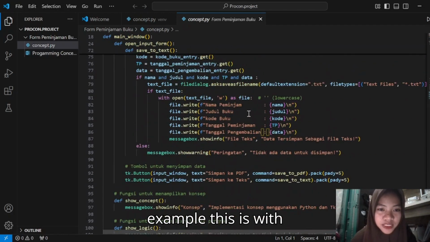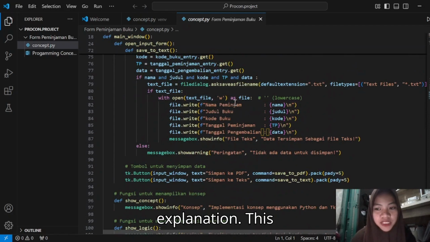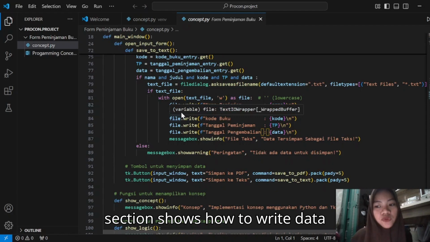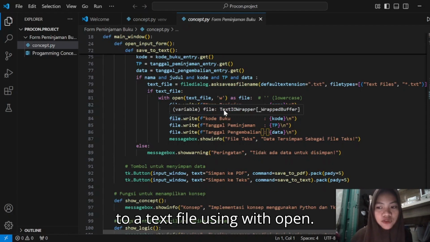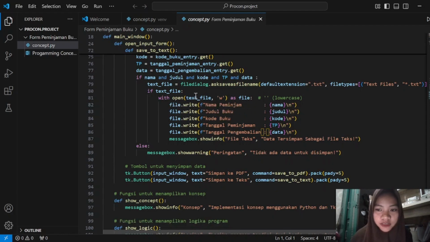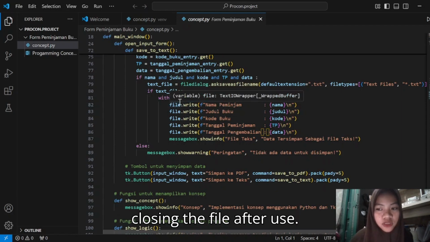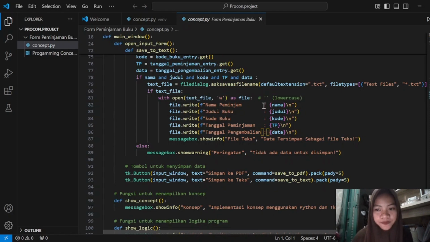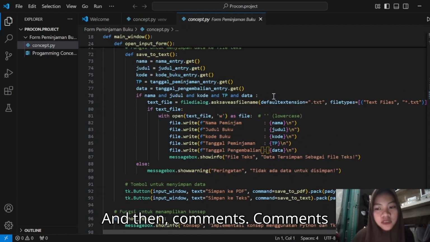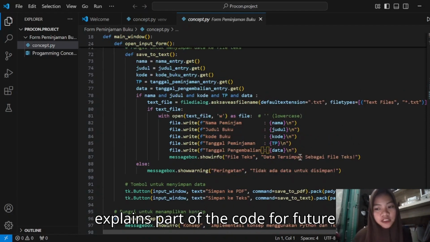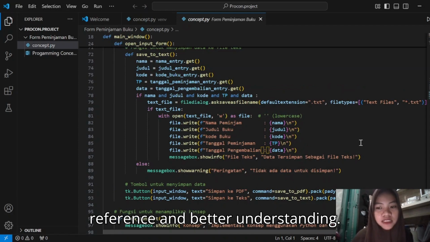For example, this is with open text file. Explanation. This section shows how to write data to a text file using with open, which automatically handles closing the file after use. And then comments. Comments explain parts of the code for future reference and better understanding.